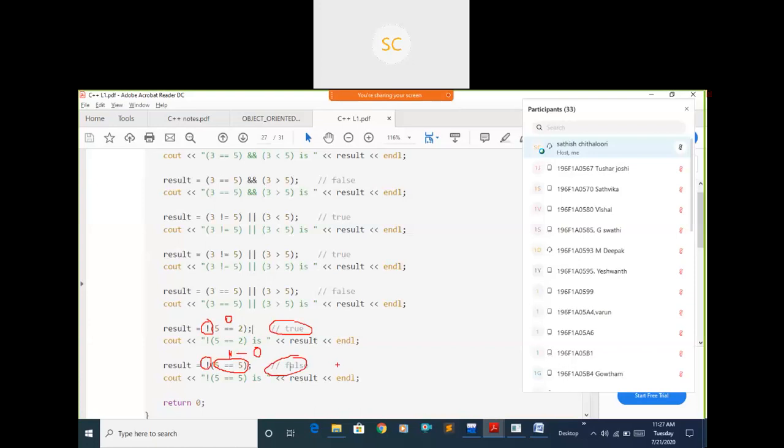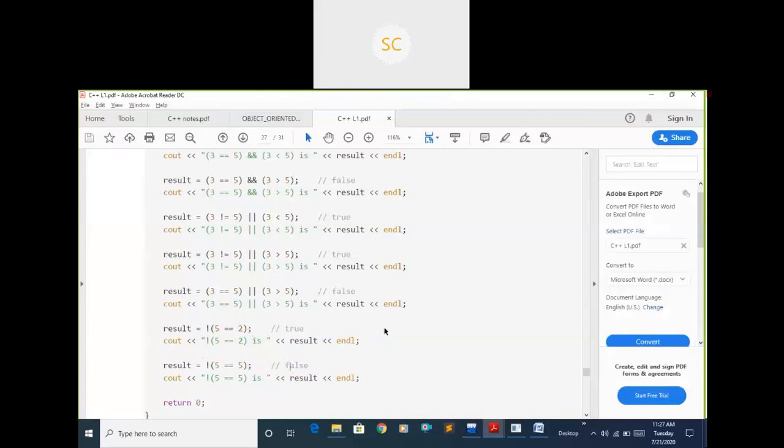Yes, sir. Just check the condition first. If the condition is true, you will get the output as false. If the condition is false, you will get the output as true. Okay, opposite only.